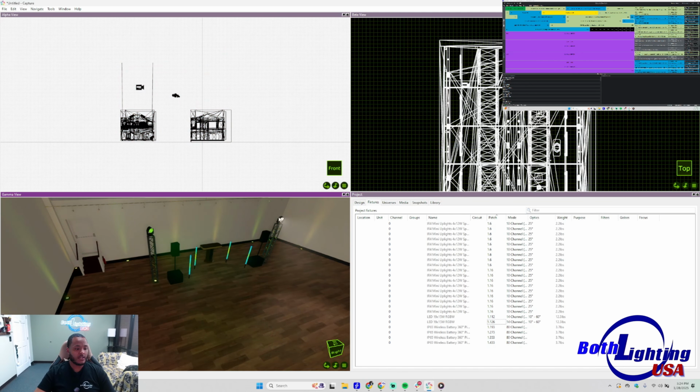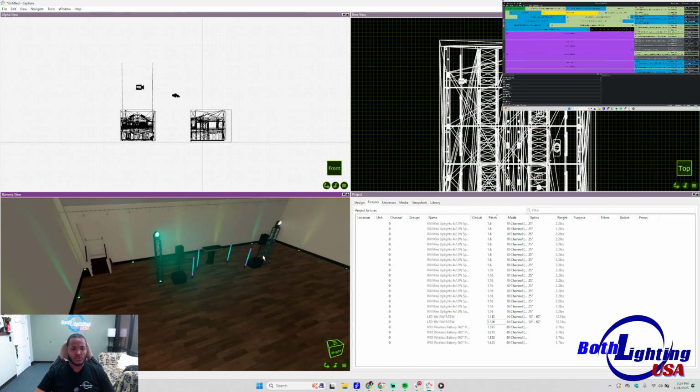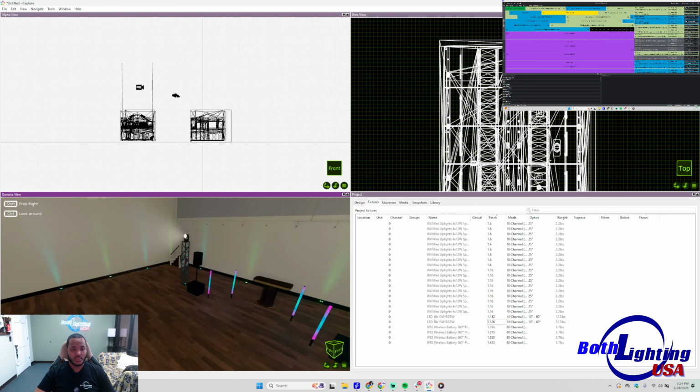Now all our fixtures are done inside of our Capture here, and we can start messing around in SoundSwitch and